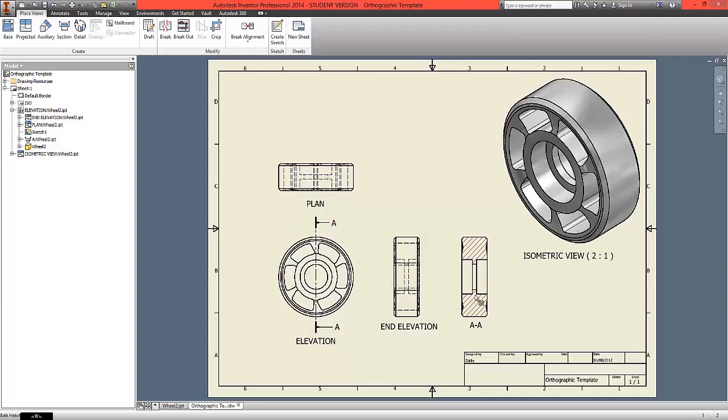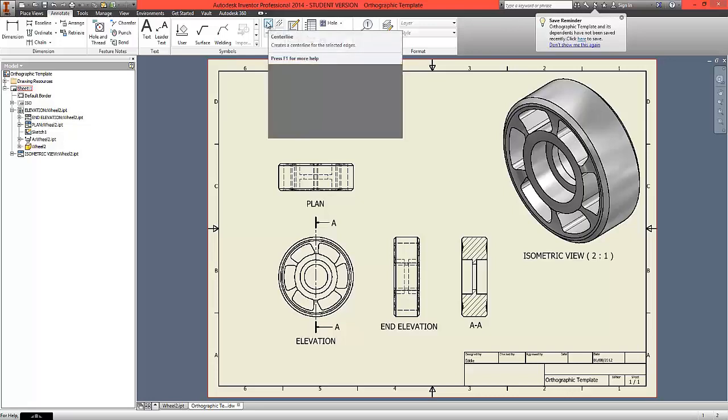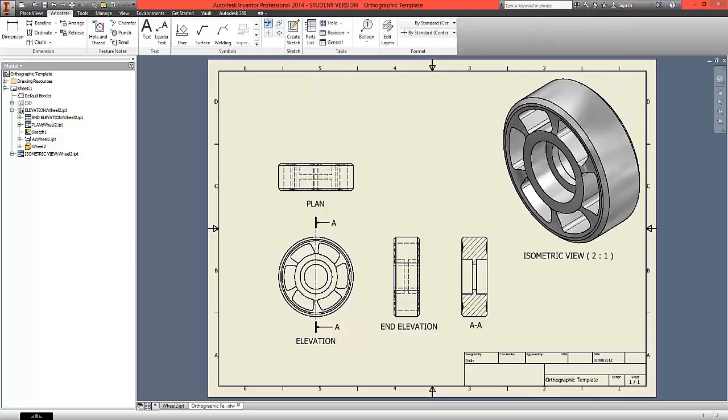Having achieved these 4 views in the isometric view, we're now going to add in some extra information. This will form some annotation. On the tabs above, choose Annotate, and we have a range of different options that we can include. The first piece of annotation we're going to include is a center line. Click the center line button,